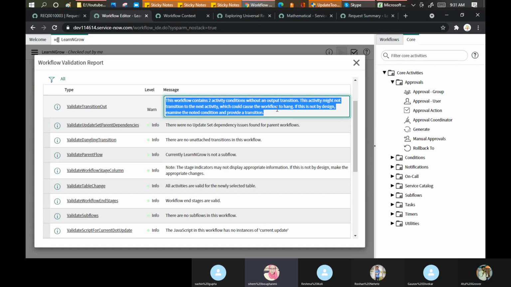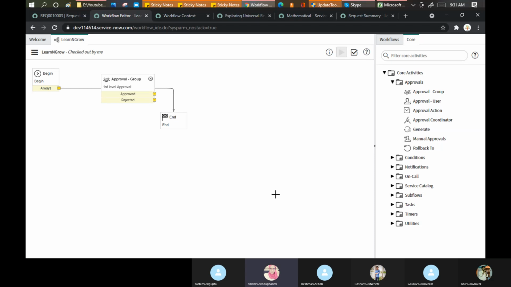In the approval, there are two conditions. And one result must create the other condition, if approval, the next step. Okay, right. So the thing is that when my workflow starts, it goes for the approval.